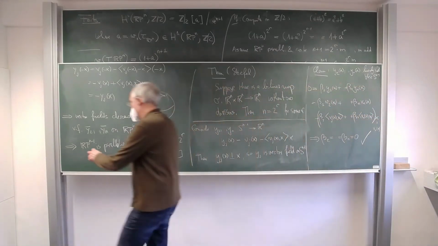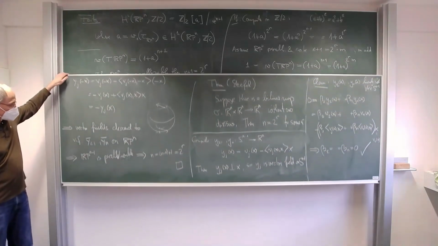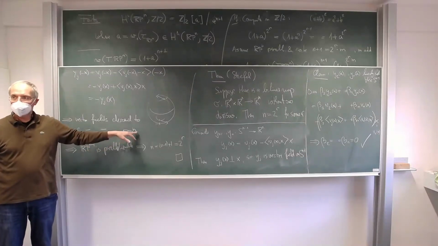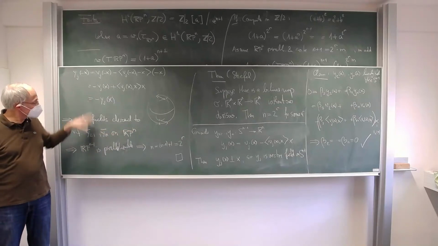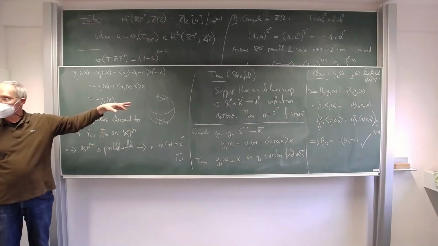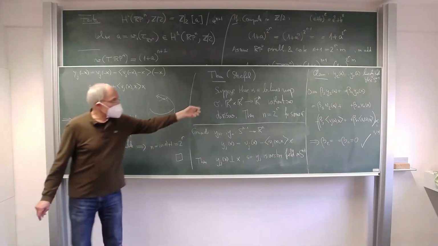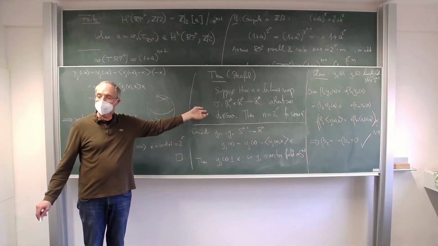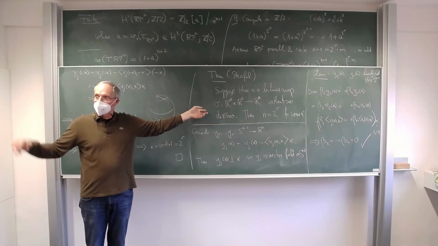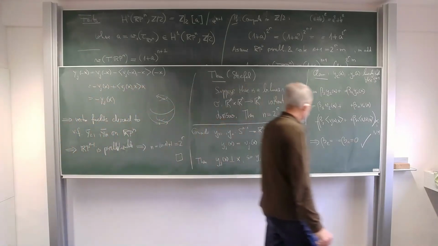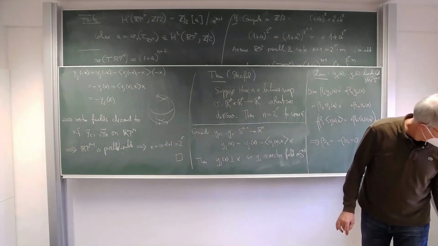And you see, once you know this fact, I'll erase it, that for the higher powers of 2, the thing is still not parallelizable. This proof would also give you that you cannot have a division algebra. The optimal theorem just requires this additional reasoning to rule out RP15, RP31, and so forth as parallelizable spaces. All right, so now I kept my promise to prove this part,